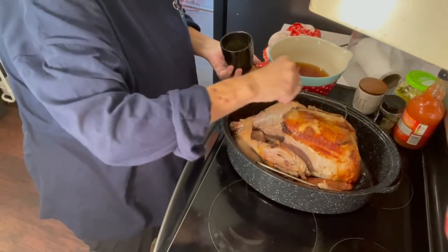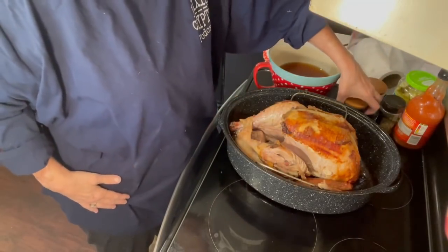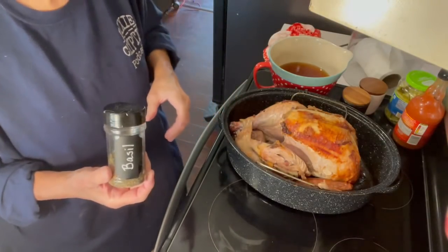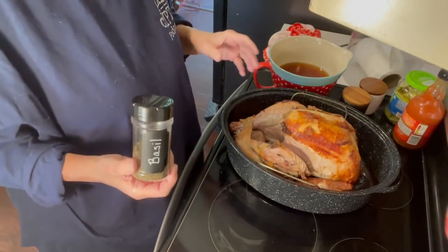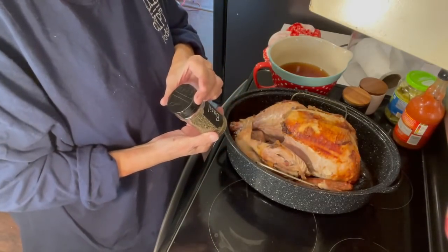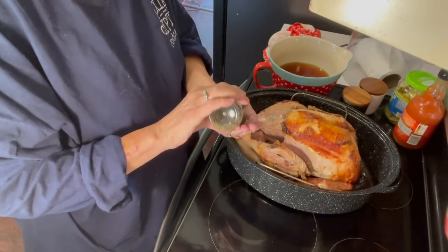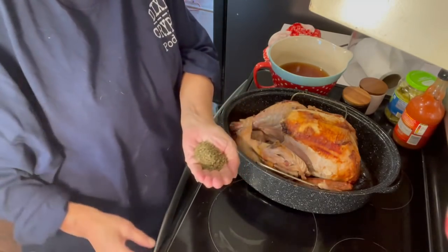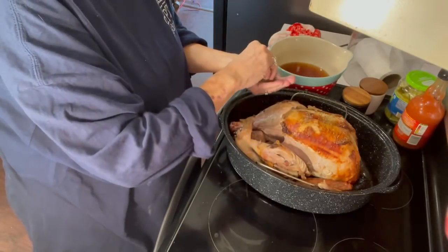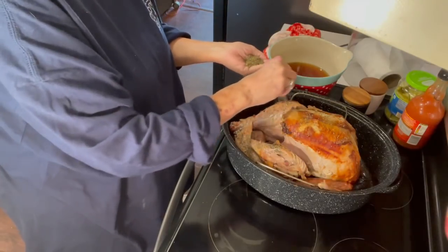Once again, not too much, especially, well, I started to say especially for the pepper, but it wouldn't be good with too much salt either. And then basil. I always love basil on my turkey when I cook it. So I'm going to put some basil on it. I have about a tablespoon in my hand, but you need to go by what size turkey you're using,